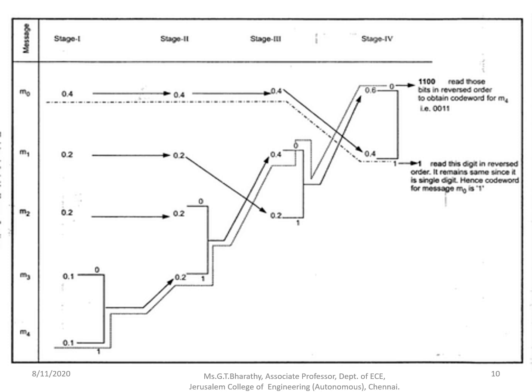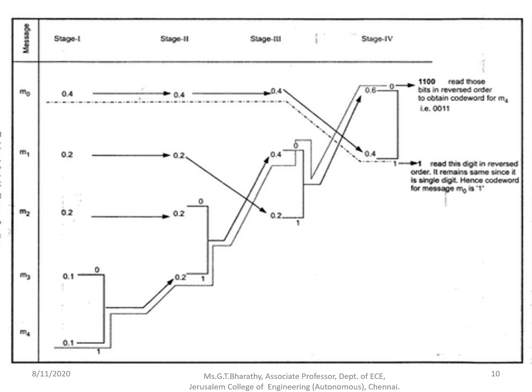So we have the message symbol M0 with probability 0.4. So 0.4 is carry forwarded in a straight line. So 0.4 moves here and then finally to the bottom of the table here where 1 is assigned. So for the whole message M0, only the bit 1 is assigned at this stage. So the code word for the first symbol M0 is 1. Okay. Now we will move on to the message M1.